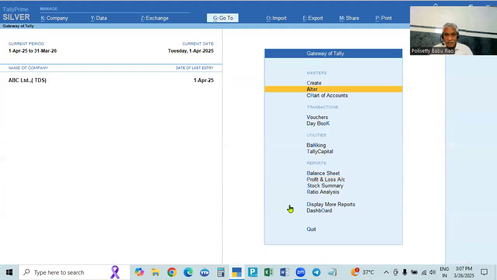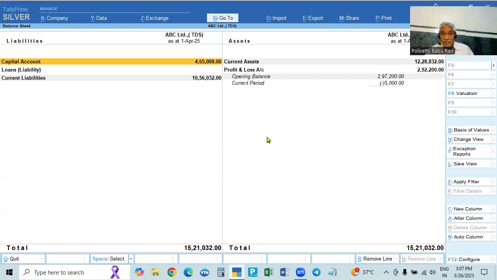So that will show up in the balance sheet. Here already it is the last year loss. It is showing on the asset side because it is a debit balance. Now this is a credit balance. Already it is on the debit side, and this is a credit balance.